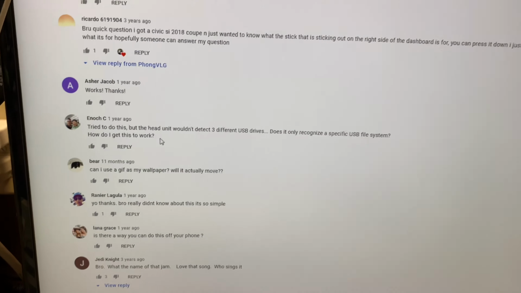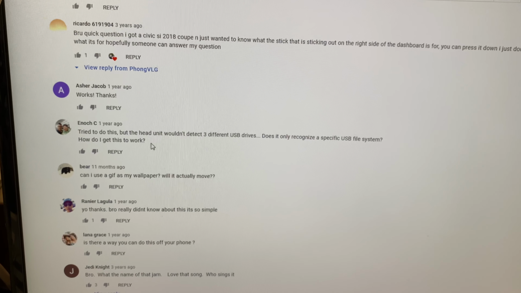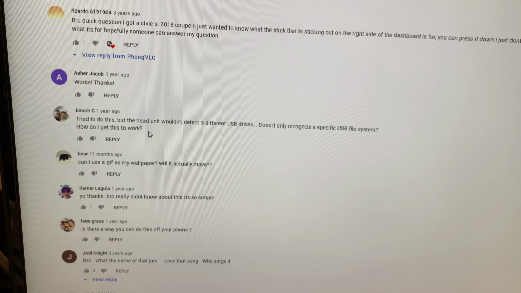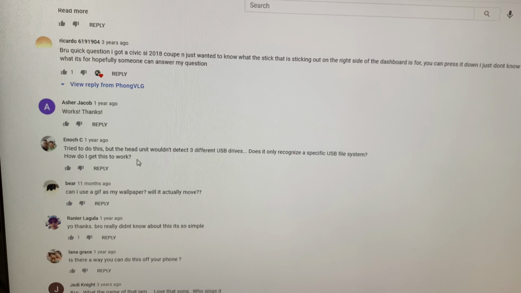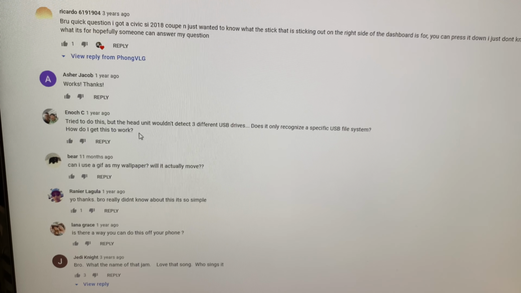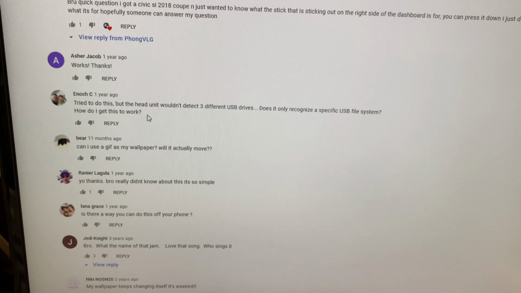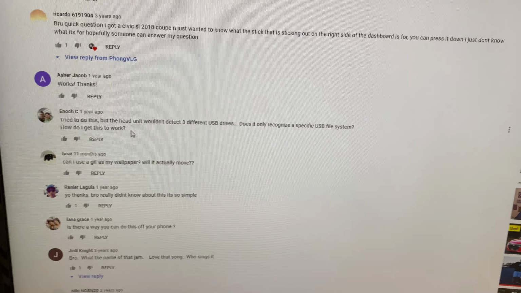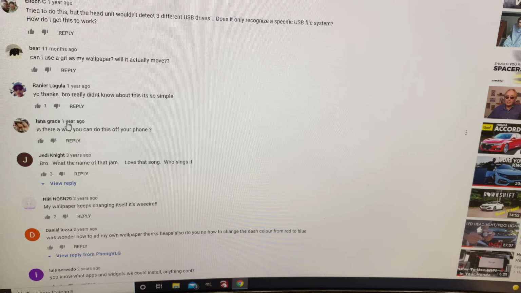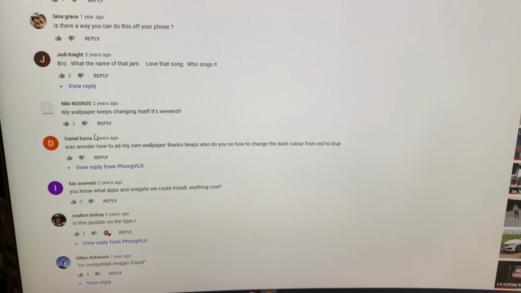Okay, so I'm one of those people that tried to do custom wallpapers on my Honda Civic 2018 on the head unit. There are so many tutorials on YouTube on how to put those on your head unit. The problem is, a majority of people out there, including myself, came across this problem: the head unit will not recognize any photos